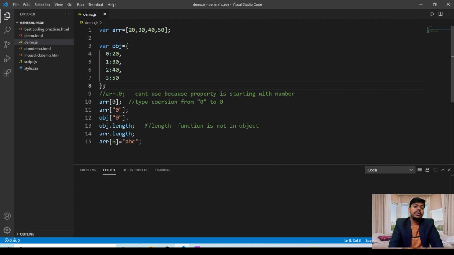And after that, we don't have the length property in objects. Like in an array we have the length property, with which we get the length of the array, but in an object we don't have the length property. So in this manner the array has more functionality than the object,